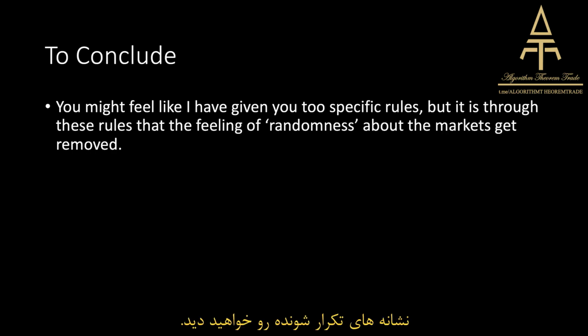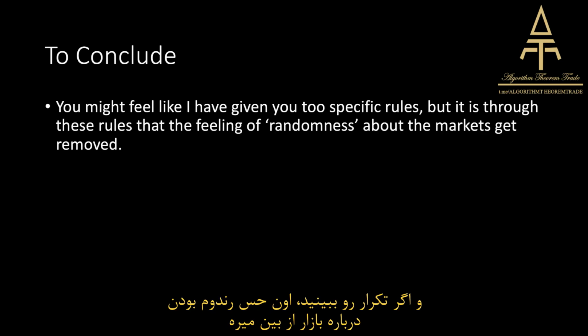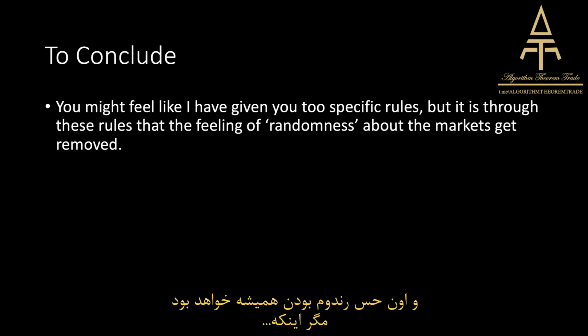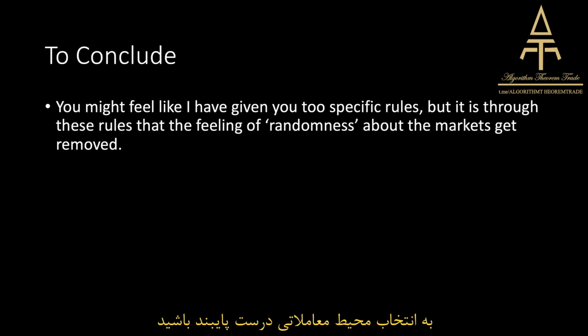And if you see those signatures be present, then the feeling of randomness will automatically disappear. But that feeling of randomness will always be there unless you start submitting to accepting that